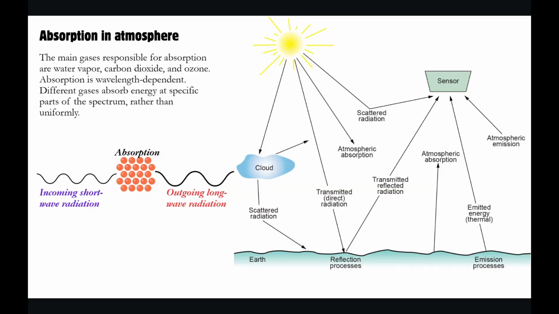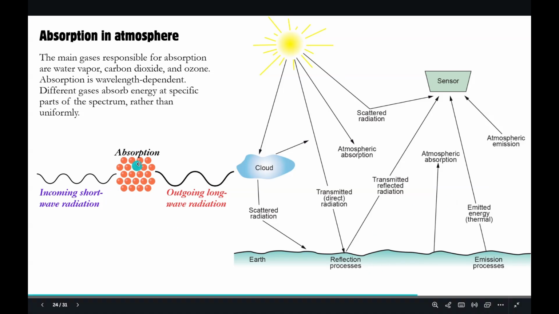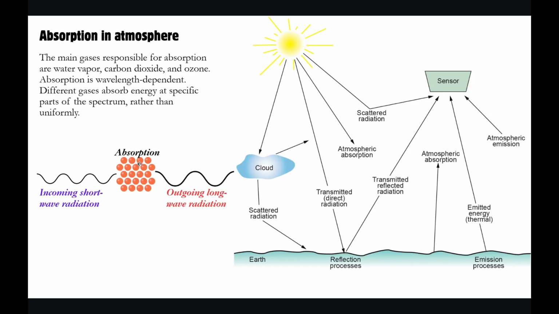So short wavelength, you see this diagram here, there is some object here. Incoming radiation is short wave radiation, that is short wavelength radiation. It is absorbed, and when it is released back, you will see the wavelength of the energy has increased. Outgoing is always long wave radiation. Okay, this you keep in mind. Incoming is short wave, outgoing is long wave radiation.